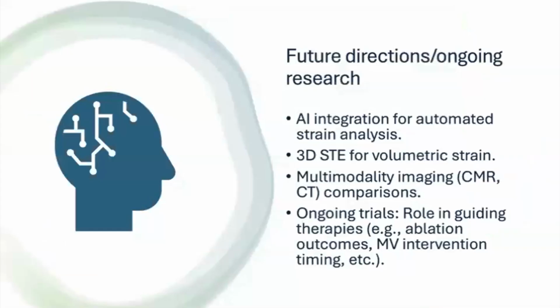So there are clearly some promising areas where left atrial strain might be playing a role in the near future, but a lot more research would need to be done. And I think a couple of other things that we might continue to see evolve along with this technology over the near future would be something that's occurring in a lot of cardiac imaging, which is AI integration for automated strain analysis. As 3D echo improves, 3D speckle-tracking echo for volumetric strain, and whether that has any further utility or different information. More studies done comparing head-to-head some of the different multimodality imaging and how they might provide